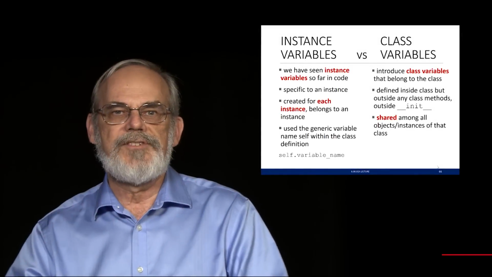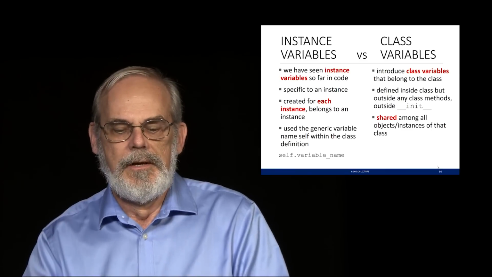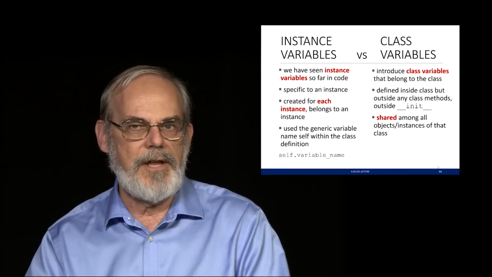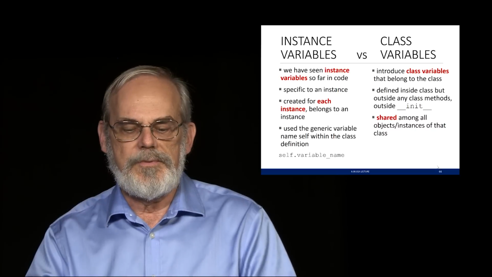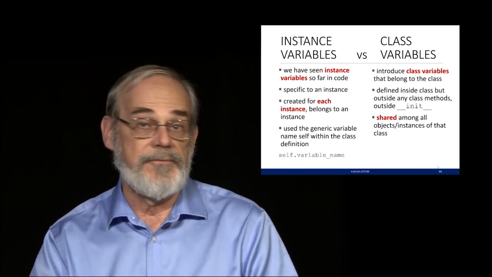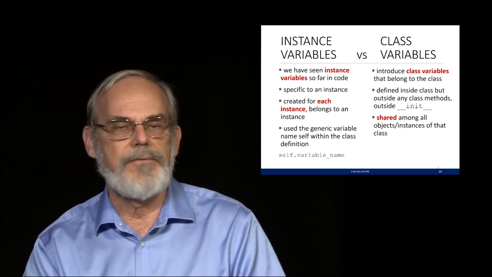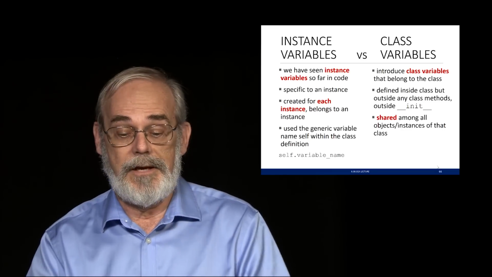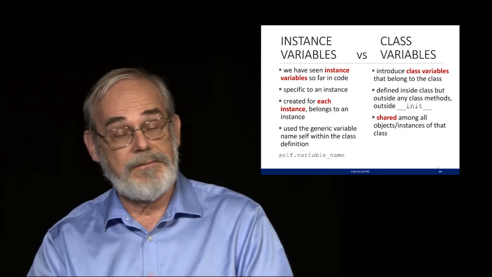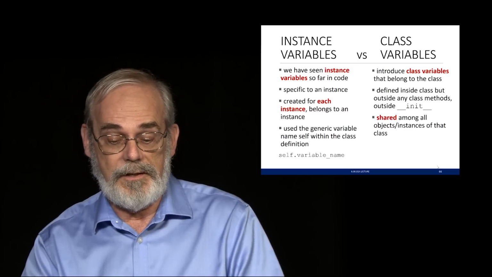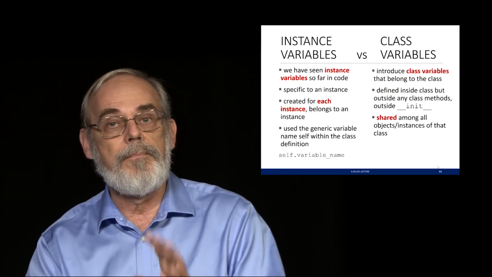I want to do one last example with this little hierarchy that we're building of animals and rabbits and cats and people and students. I want to do this to introduce one more idea that can be really valuable. And to set the stage for this, with instances, we've already seen the idea of an instance variable. In fact, those are the things we've been using. Those data attributes, those variables are stored inside of each instance. They're specific to that instance. And so when I create an instance, they belong to it. I can use generic variable names within the class definition to get at them, but they're all things that belong